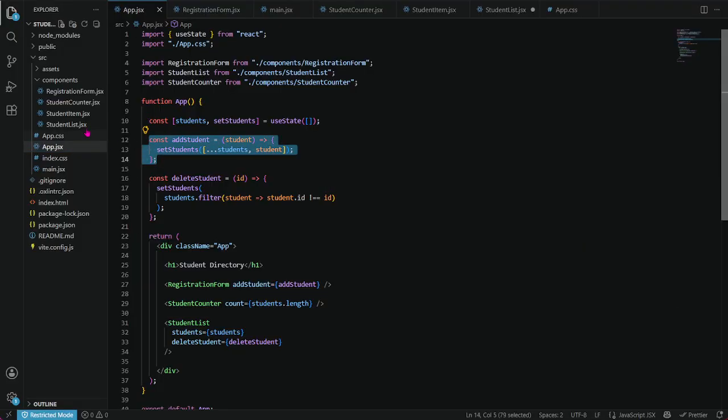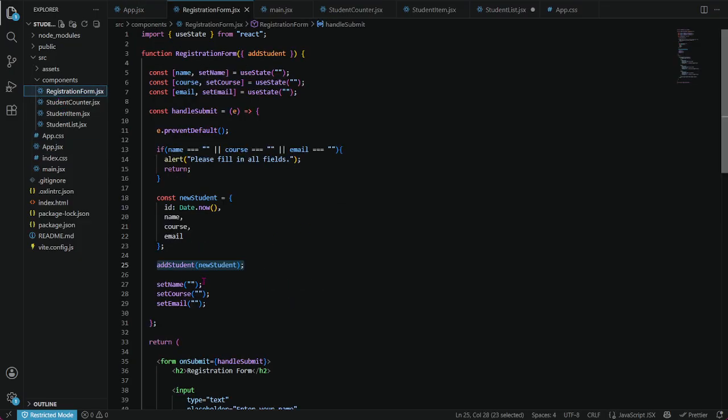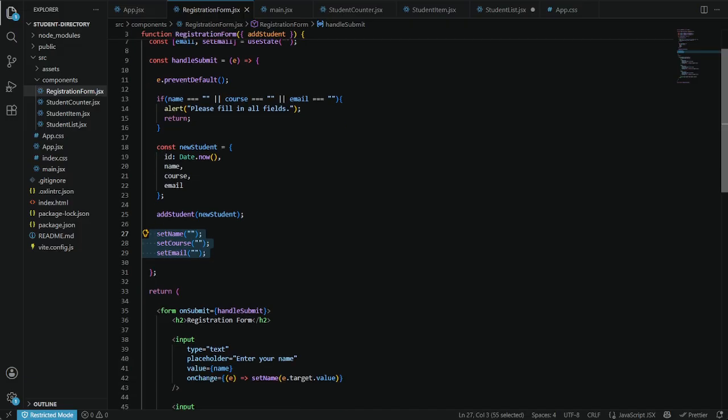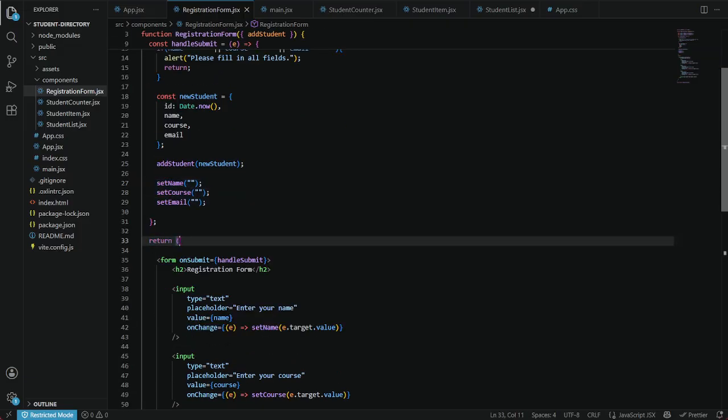And then the set name, set course, and the set email. That is what you input. And then after successfully added, the fields are automatically cleared. It goes back to cleared or empty, so you can put another student's information here.